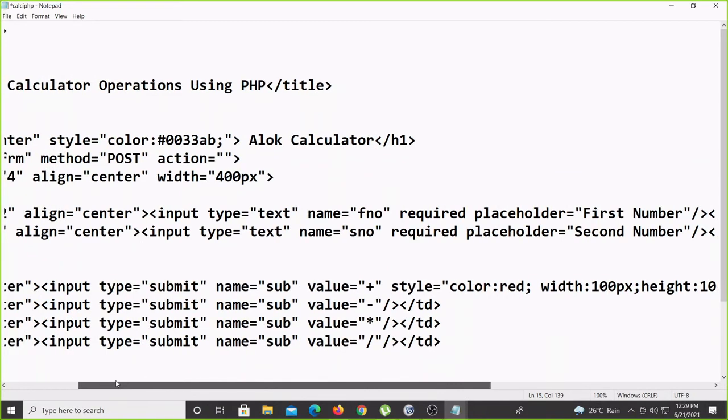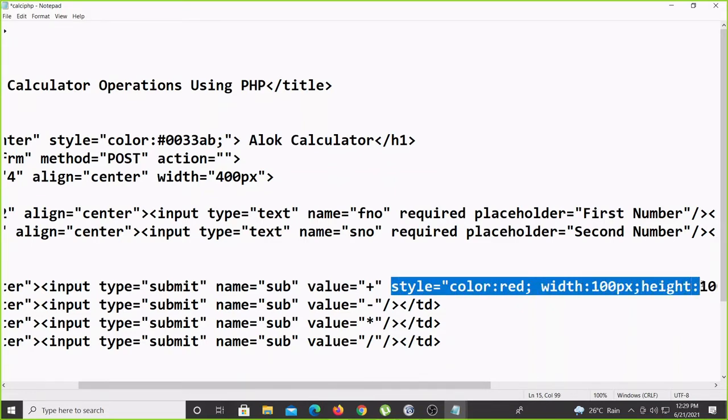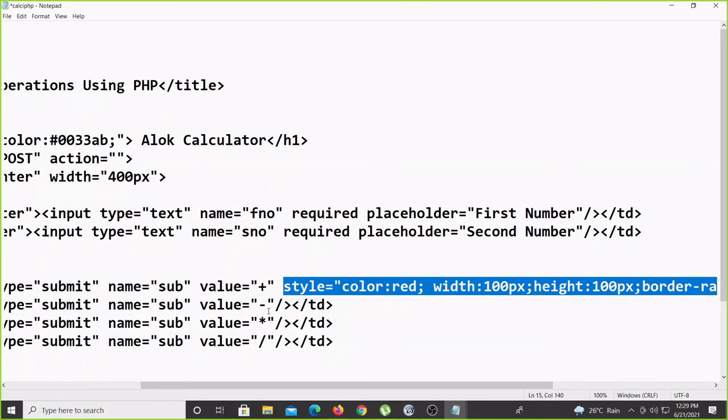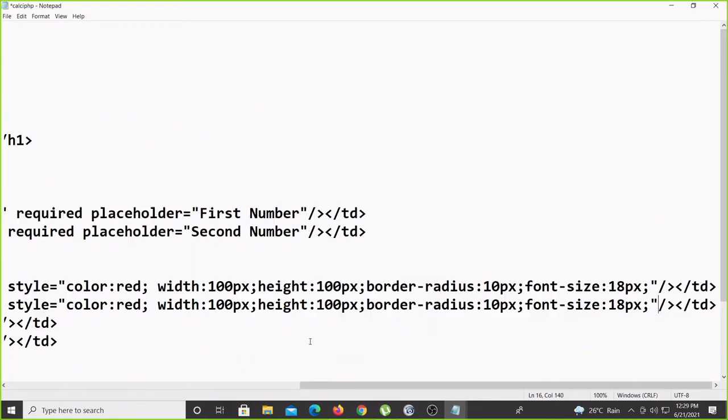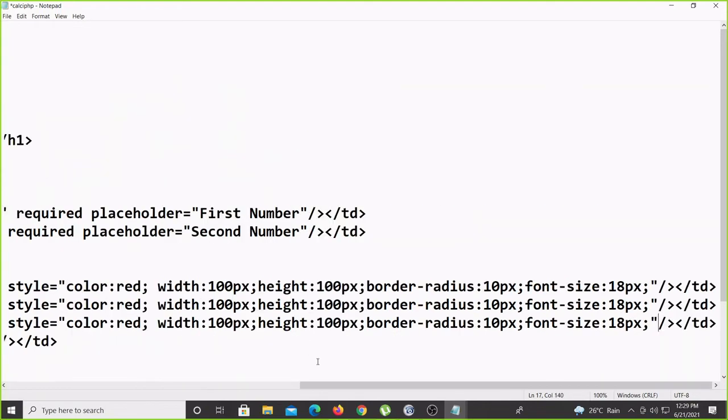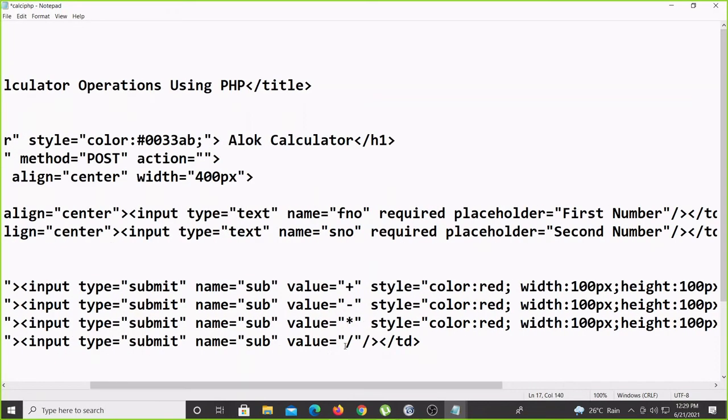See, both are possible. Either you can use any kind of selector again, otherwise you can create one class, and that class we can call for all of the input boxes. Otherwise you can copy paste the same things. So which way you want to write, you write. I am just copying and pasting, because there is no big logic there.